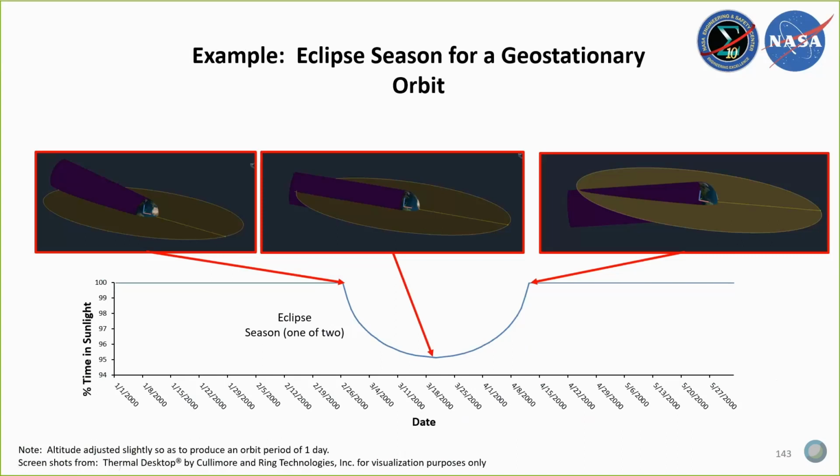And that happens 2 times a year. This is a close-up. I did some screenshots from thermal test. I didn't use it for the calculations, but if you want to see what the geometry is like, in each of these pictures, the sun is out here, and you can see when the sun is out there, and what you can see is there's periods of time where